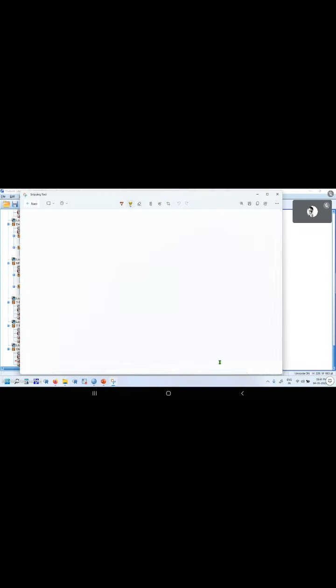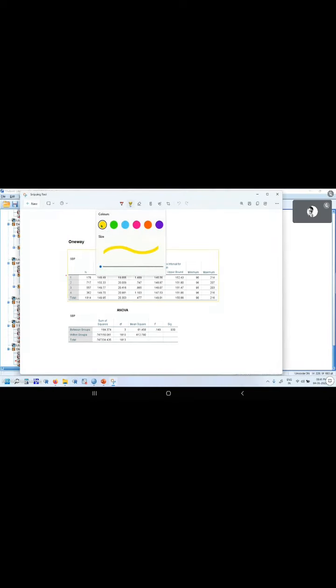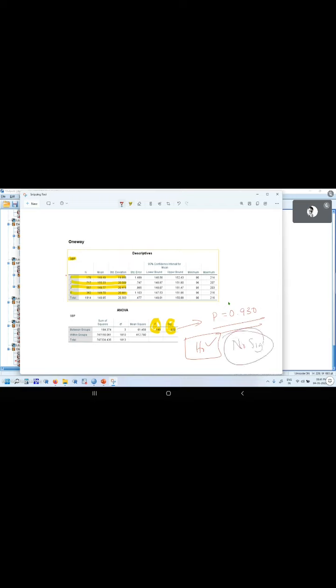Okay. So again, I will just crop this output. See here, when you report, you are supposed to report these points: mean and standard deviation of the different physical activity levels for the variable SBP. Then you should report this value, the F value, and this is the P value. So when you write the P value, you should write P is equal to 0.930. So that means we are accepting the null hypothesis. There is no significant difference. Clear, no?